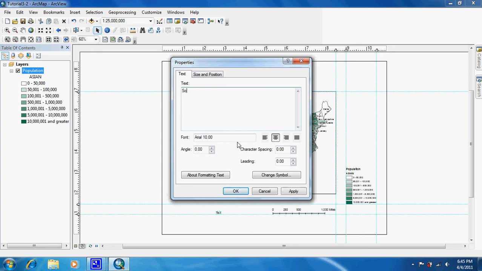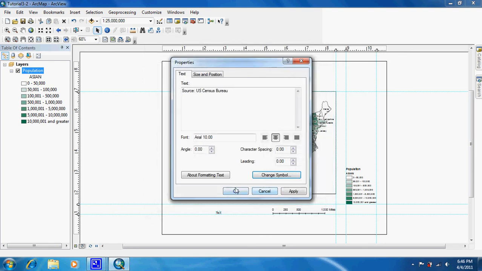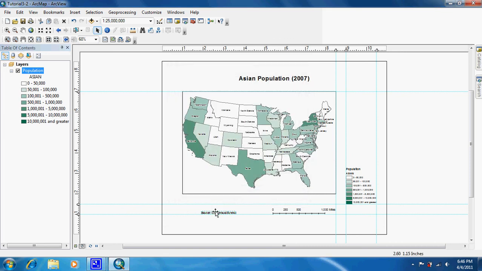And what we're going to be typing is Source: US Census Bureau. And basically it's a works cited. It's saying where it got its information from. So once that's done, you can come in to change symbol, and just like anything else, you can change the font, the size, the color, the style. Okay, and we're just going to put that